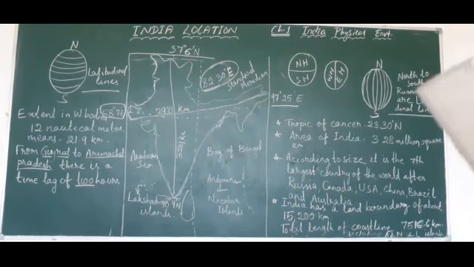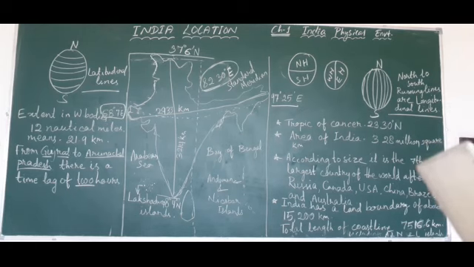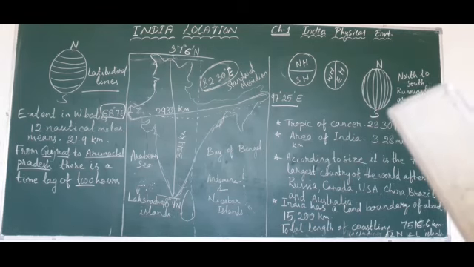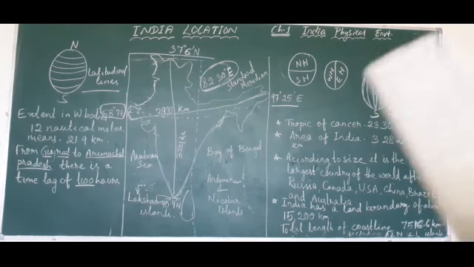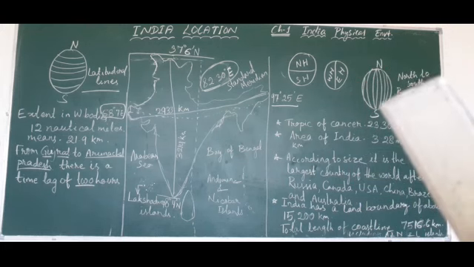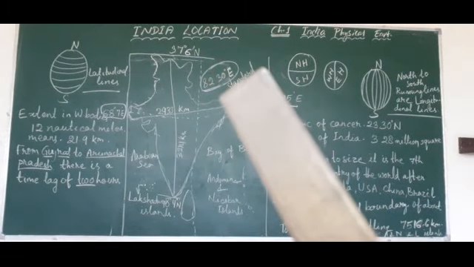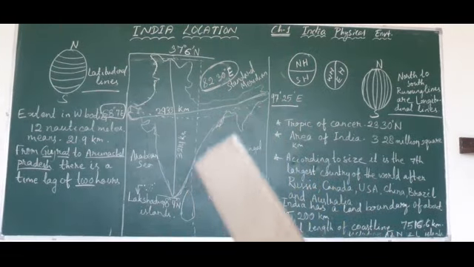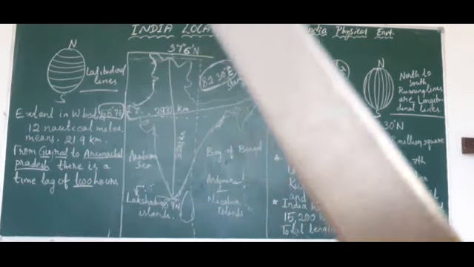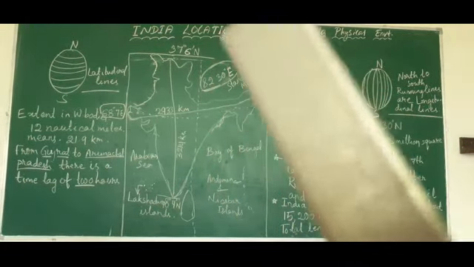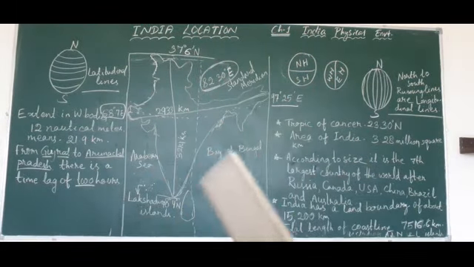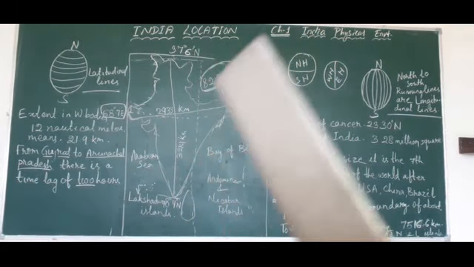These longitudinal lines, we mainly take them as dividing times all over the world. They divide time zones. So in India, 82 point half degree, or 30 minutes, this line is taken as the standard meridian of India. It means that according to this line, the time is decided all over India.